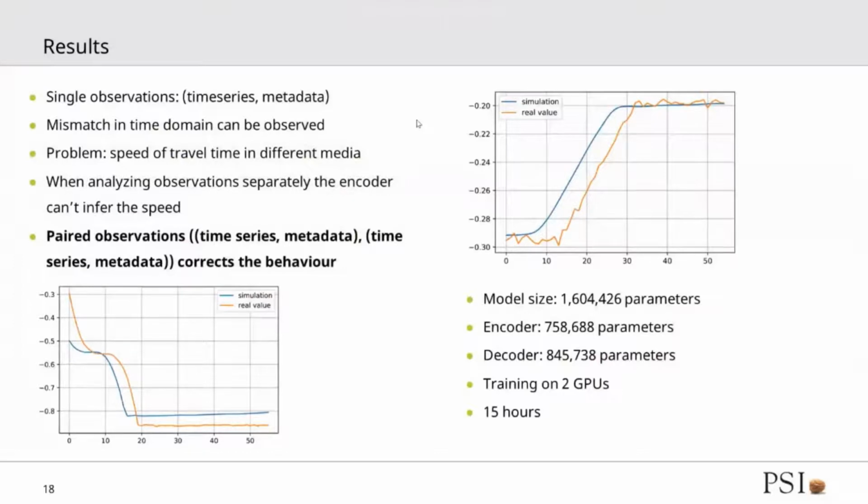As promised before, we will quickly describe why we had to change the input of the model. So our first result, as you can see here, had a slightly important mismatch in the time domain. After we discussed it, the problem is that the event wave propagation time is different in different media, and since the model receives the data one by one, it can't infer the speed based on a singular input. That's why we have to input a pair of time series, and then the speed can be deduced